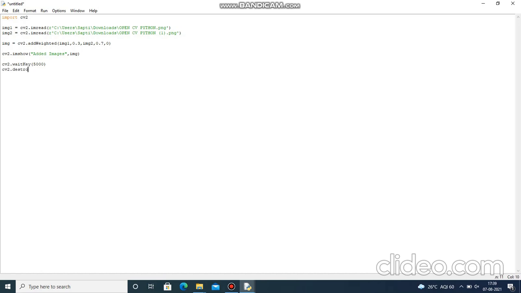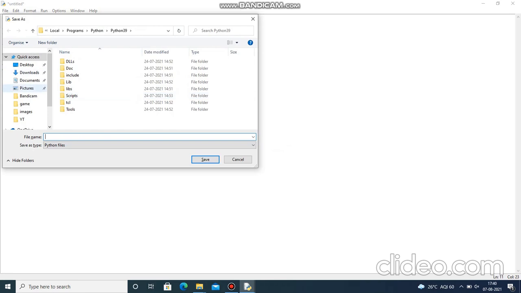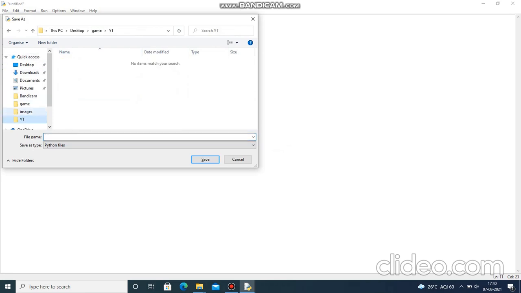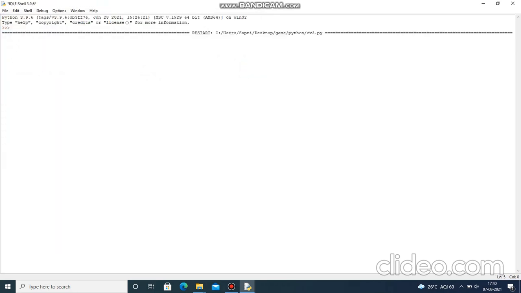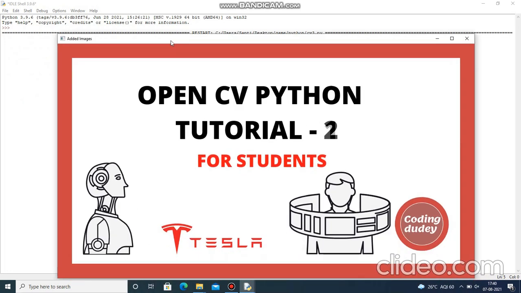All these things are important in all the programs. Either you can give 0 for the waitKey as well, it's okay. Now let's save this, let's save it here as cv23, and let's see how the image looks.